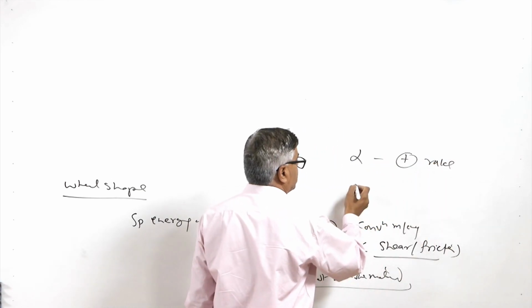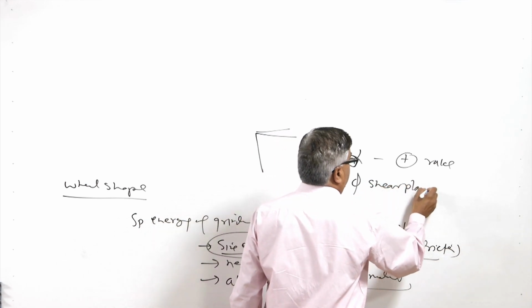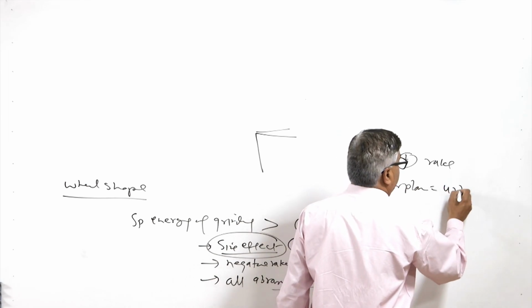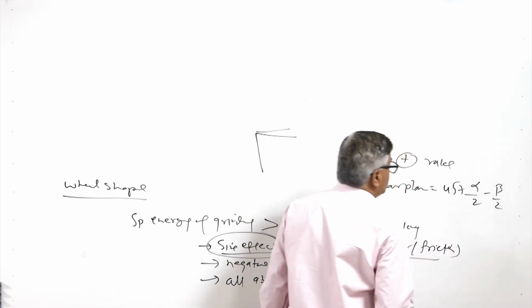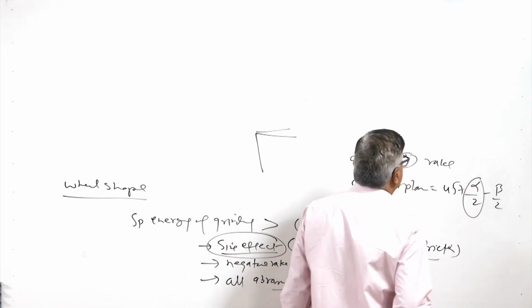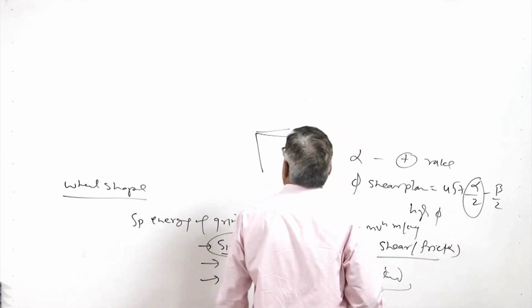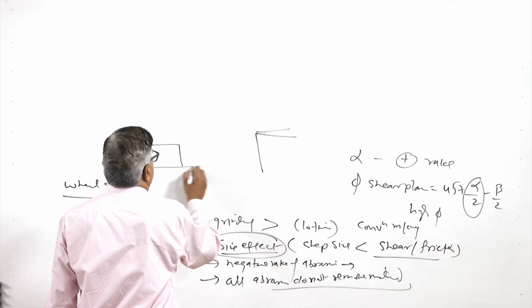As per the Merchant theory, the phi, that is the shear plane angle, when the positive rake is used, increases as 45 plus alpha by 2 minus beta by 2. So, positive rake means it will be giving us a high phi value, and a higher value of the shear plane angle results in the